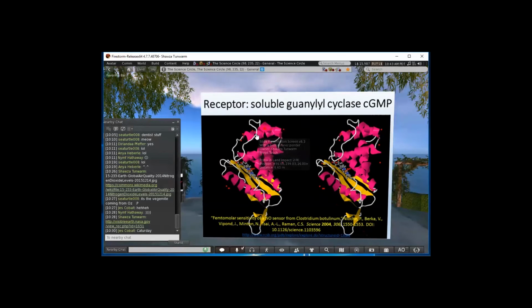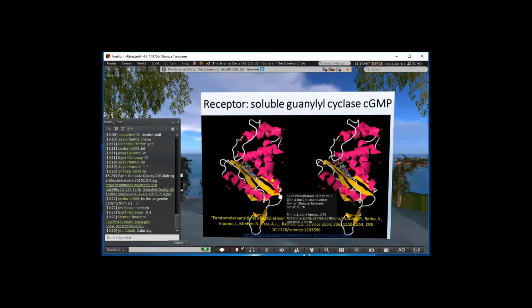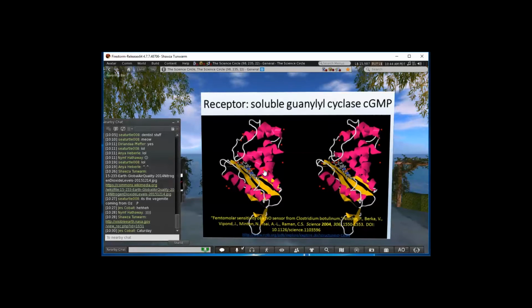Alpha helices tend to have maybe one amino acid that's repeated over and over and over, and that tends to curl in on itself. The beta sheets, again, have a different amino acid that's repeated over and over again, and tends to make a flat sheet. Alpha helices and beta sheets are really common in proteins because they're useful building blocks for making the three-dimensional shape of, in this case, the little machine that detects NO.